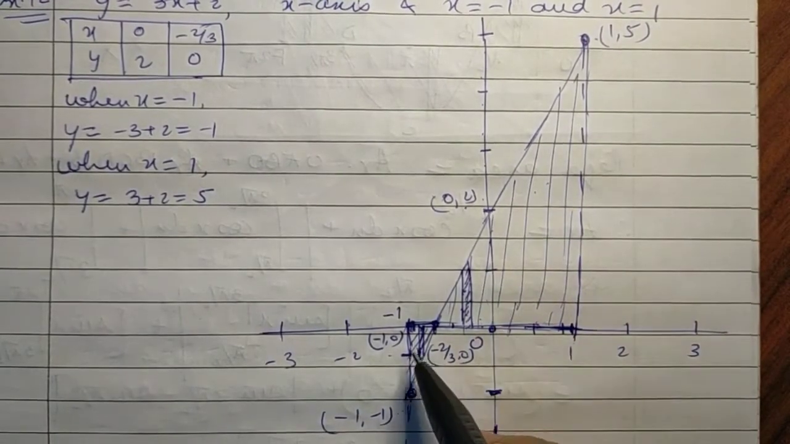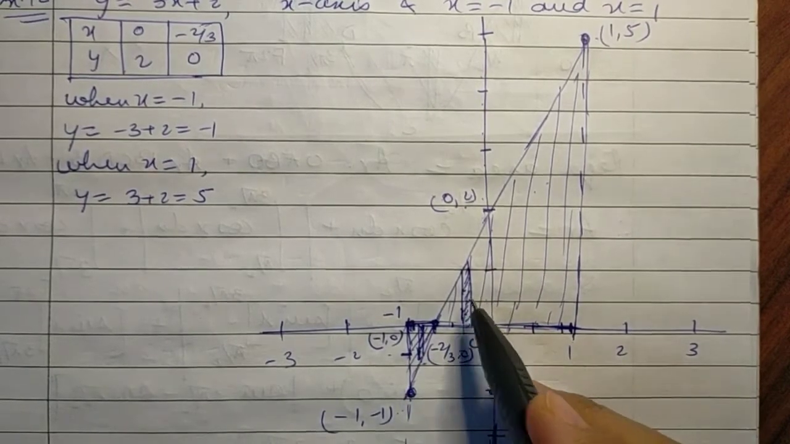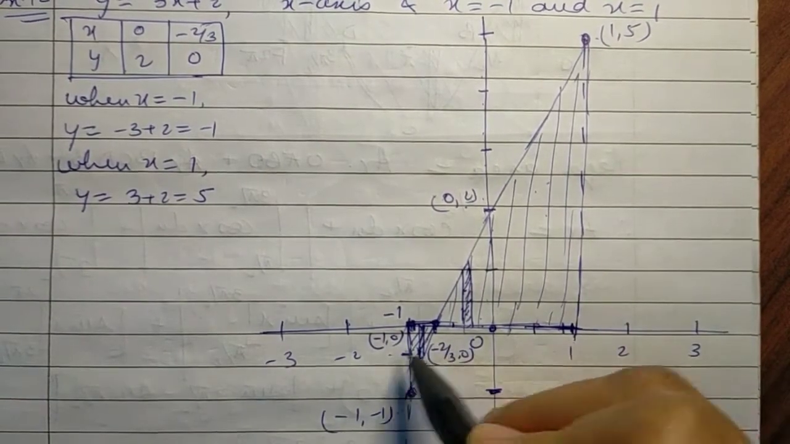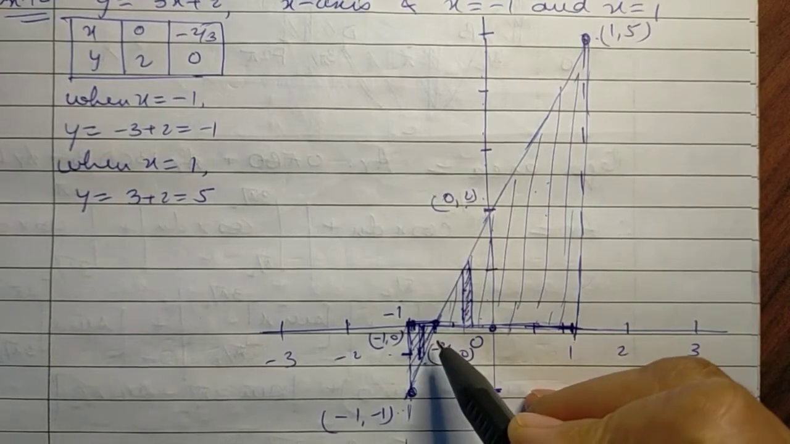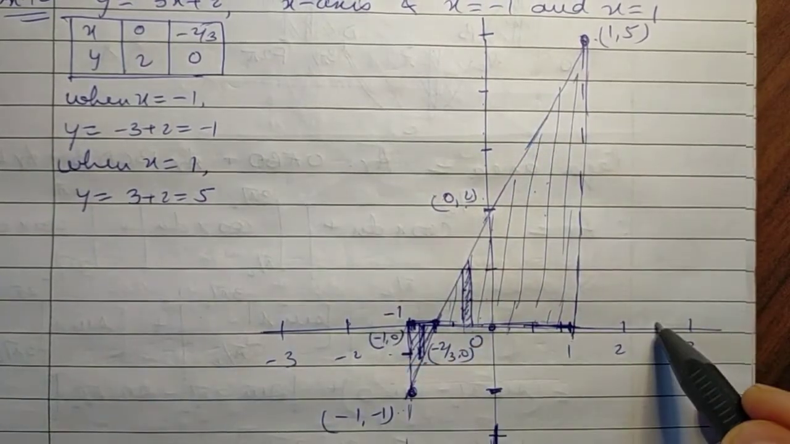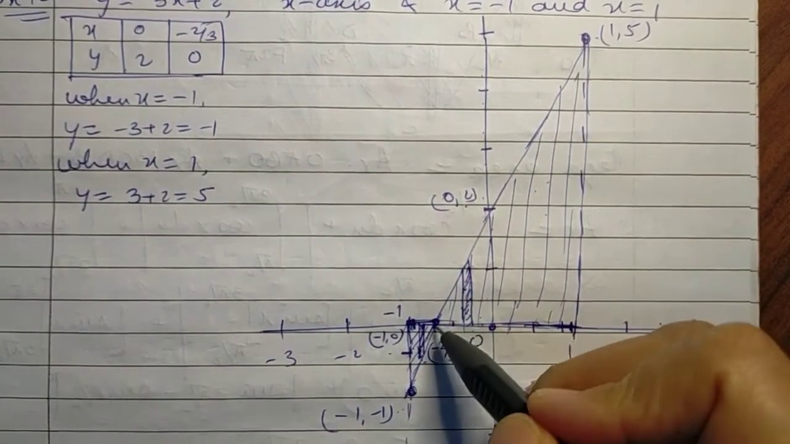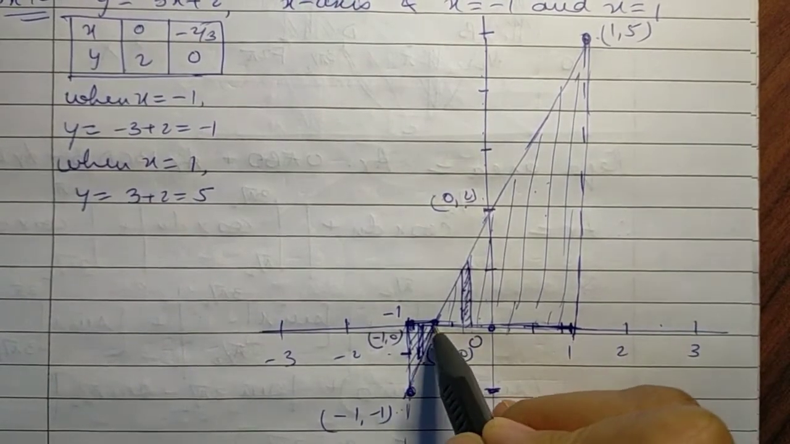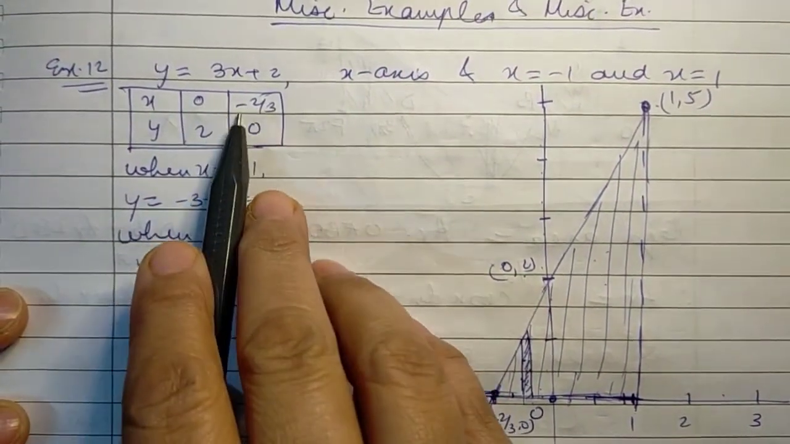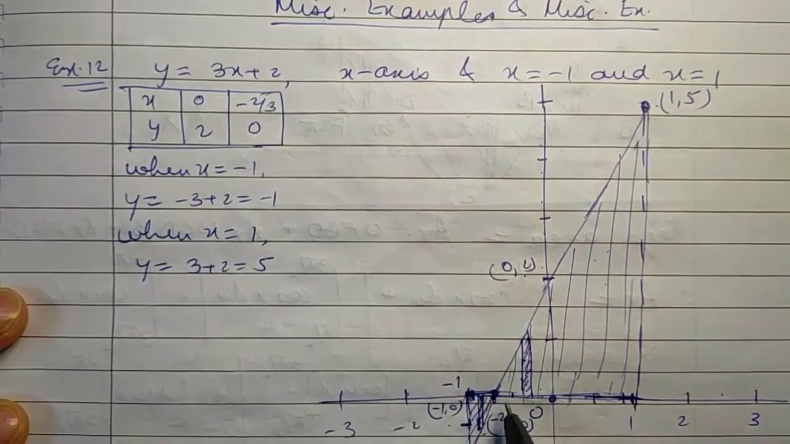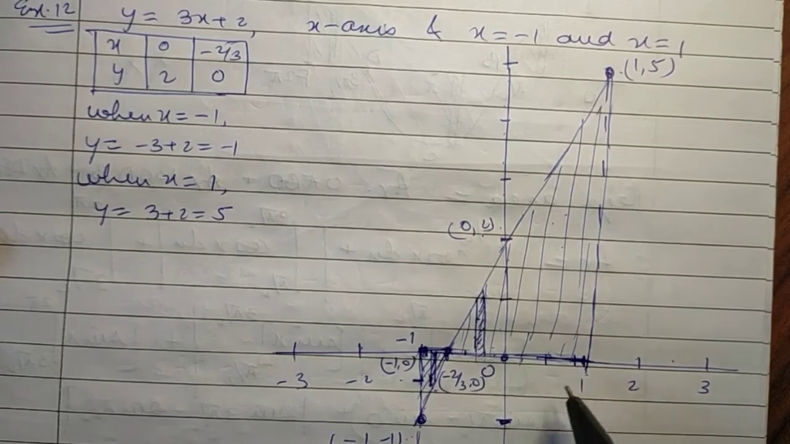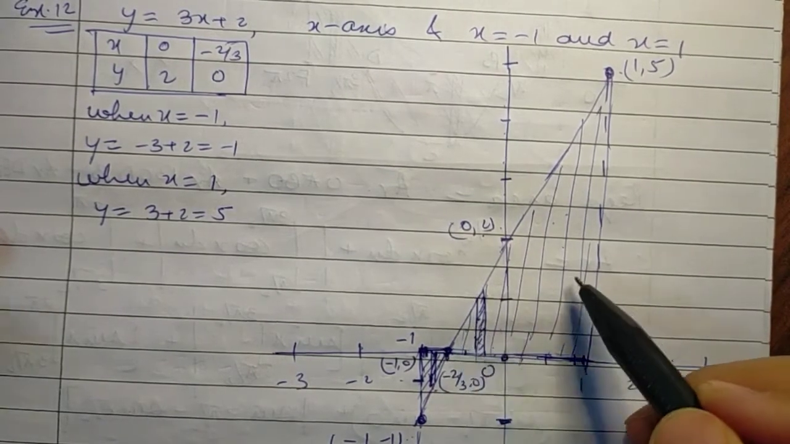So the shaded area, some portion of it is in the third quadrant, some in the second, some in the first quadrant. However, throughout this portion where we have to find the area, there is only one curve and the x-axis. First of all we find the point where this line meets the x-axis. As we have already seen, it meets the x-axis at the point -2/3, 0. So from -2/3, 0 to 1,